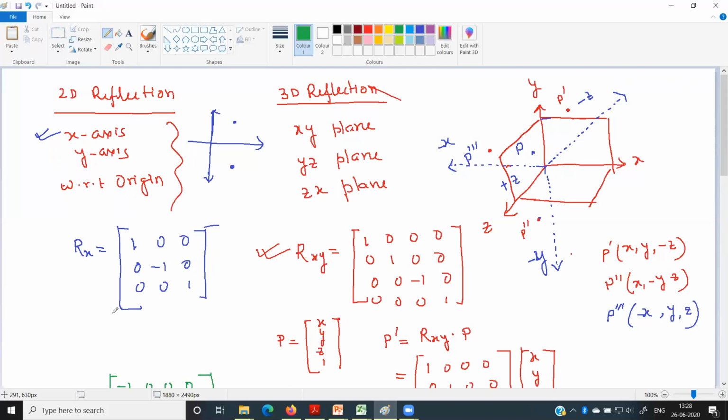Okay, and the last one is the 3D scaling. So you can make it very clear. It is quite easy. While you read it, you have to compare. You keep 2D on one side, you keep 3D on another side. If you read by comparing 2D and 3D, first try to understand how the 2D matrices are derived. Once you understand the derivation of the 2D matrix, you can easily understand the derivation of the 3D matrix. Okay, so next we will discuss the scaling.